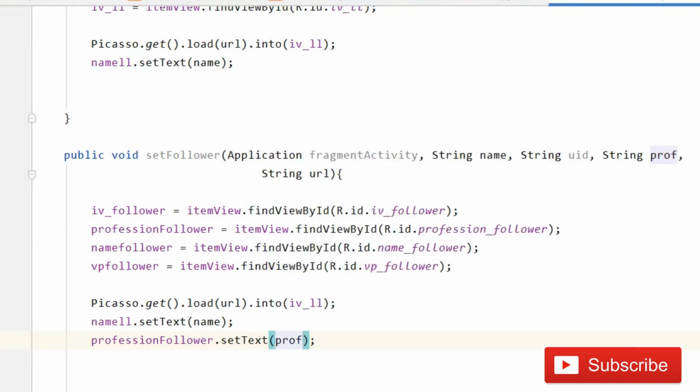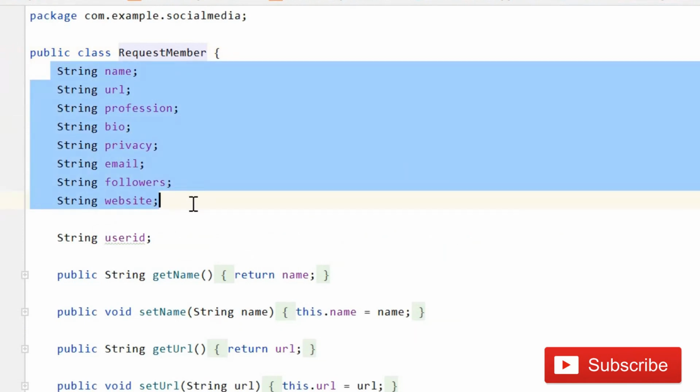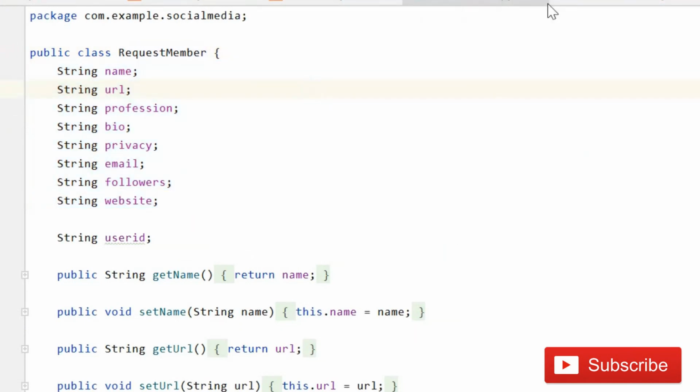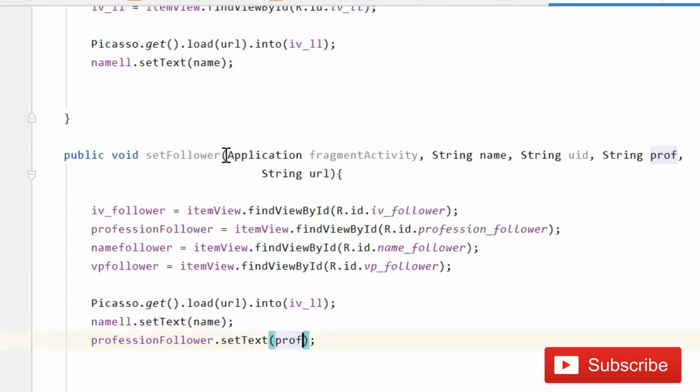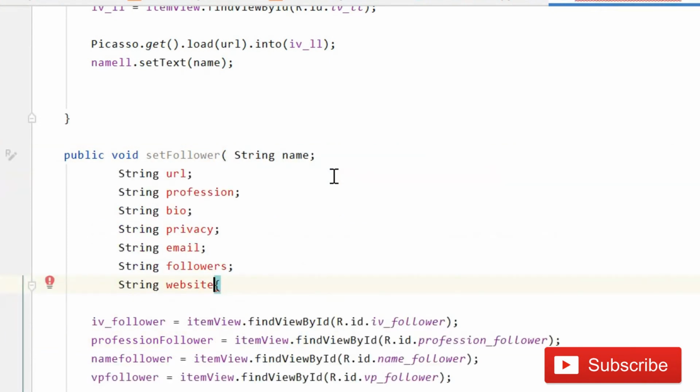So after this, guys, you have to open this request view holder, understand, and then you have to copy this stuff from here, control plus C, and come back in this fragment. So here you have to just paste that stuff. So let me remove all this stuff.